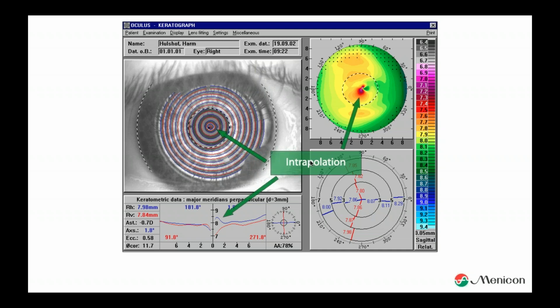We can extrapolate, but the topographer is interpolating. It's calculating back. And again, if you have light bulbs on and there are too many light rays, it gets confused and assumes maybe the wrong things. And if you assume something, well, mistakes will happen. So again, in the center area, a topographer is actually measuring nothing.